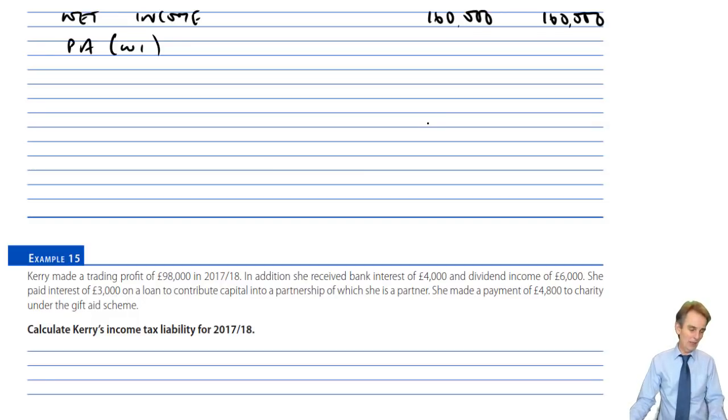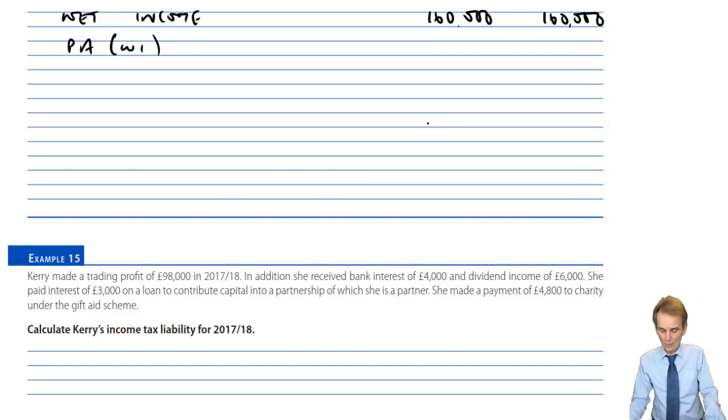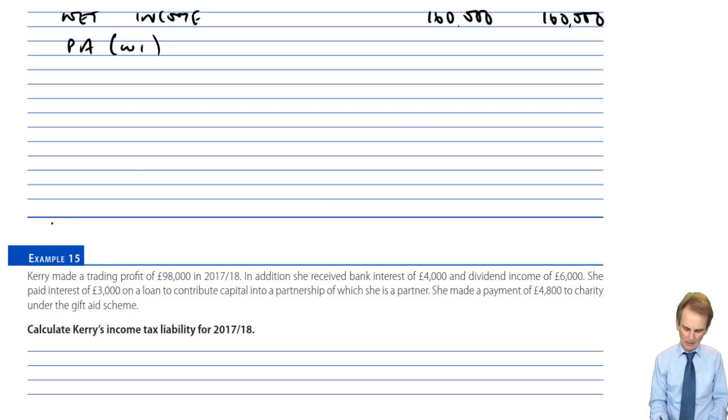Now, in terms of working one here, what are we saying? We need adjusted net income. Now, our adjusted net income is going to be net income of 160 less the gross gift aid payment. Again, as I say, whether it's gift aid or personal pension contribution, it's less the gross amount of those payments. Now here, do you think we're going to get any personal allowance? In working one,